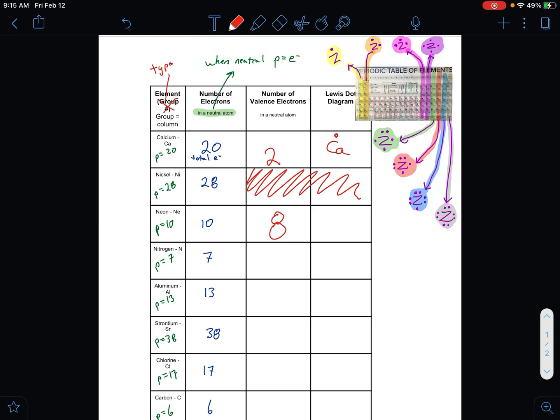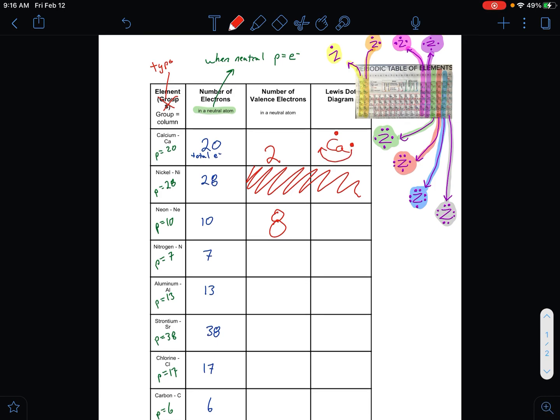Calcium 1, 2. It actually doesn't matter where you put the dots, other than that they have to be on different sides. It doesn't matter if you start at the top and go counterclockwise, or if you start on this side and go clockwise. It doesn't matter. The only thing you can't do is that. Right, that would be inappropriate. One per side first. And if you use this kind of key and you learn that key, it'll help keep those placements for you. All right, neon,